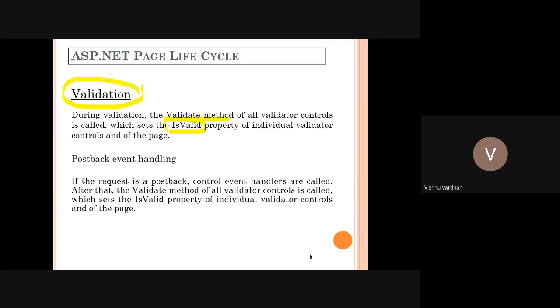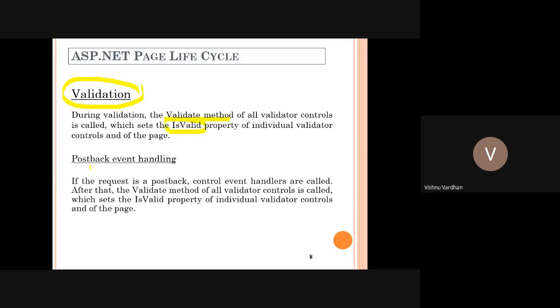So this is also one property, page.isValid. If it is valid, then only the page will be sent for further processing. Otherwise, it will simply give an error. Okay, so the isValid property will be checked in the validation event handler.